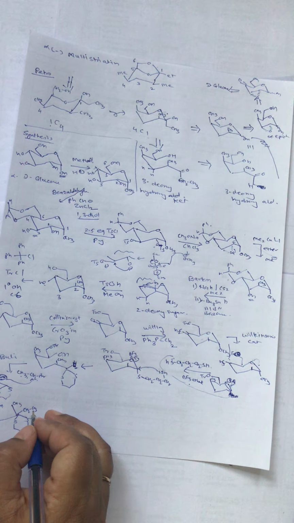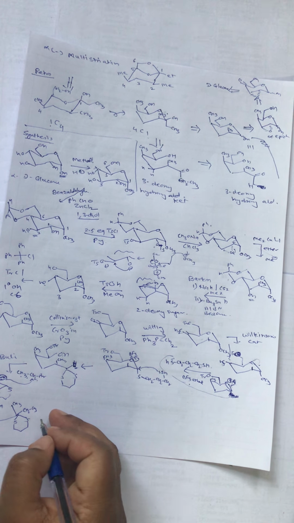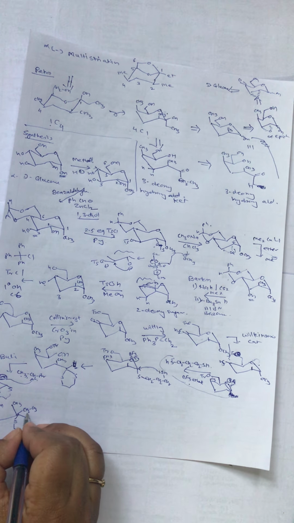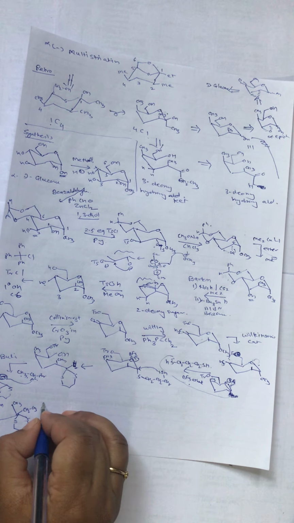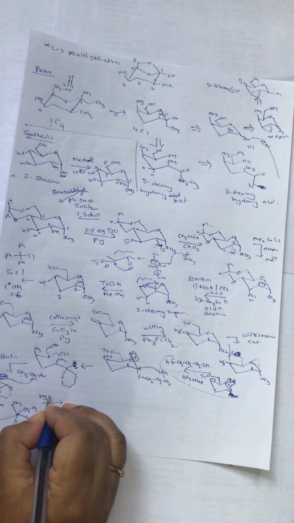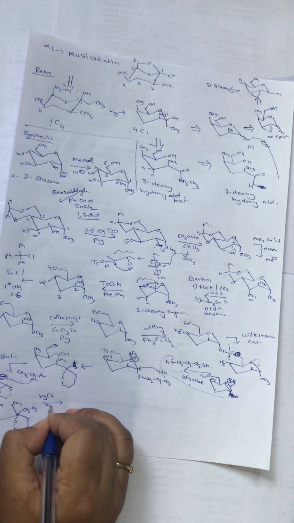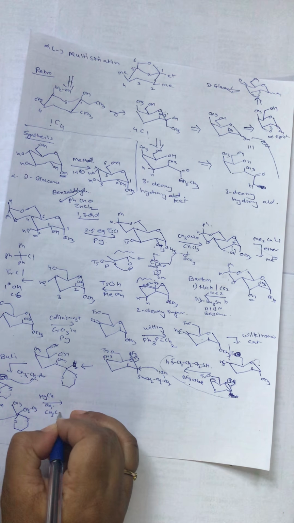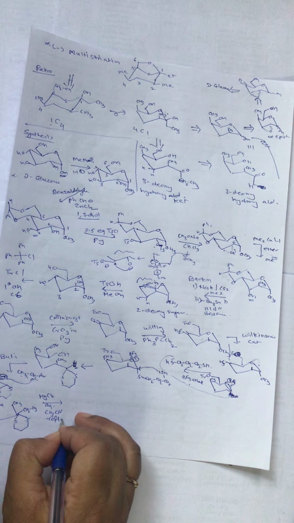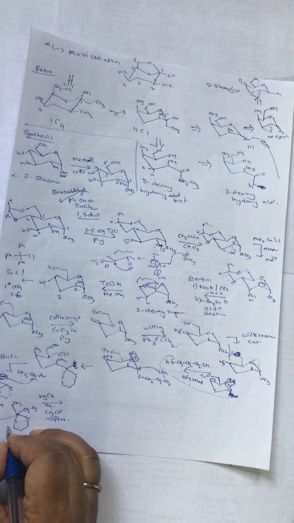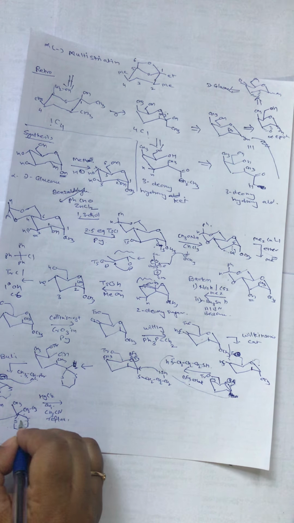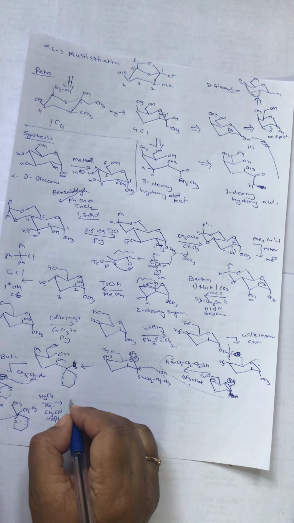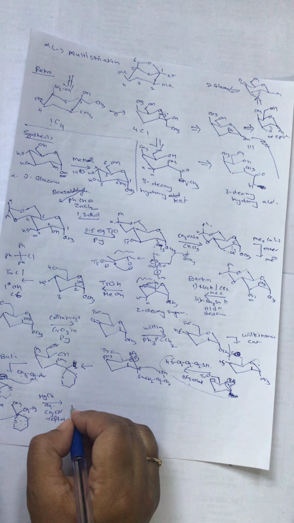So we have formed a CH2CH3 at this place. This is then treated with HgCl2 in aqueous CH3CN, and we are going to reflux this. So what happens is we are going to break this dithiol group. We are going to break this dithiol. So we will get the structure,